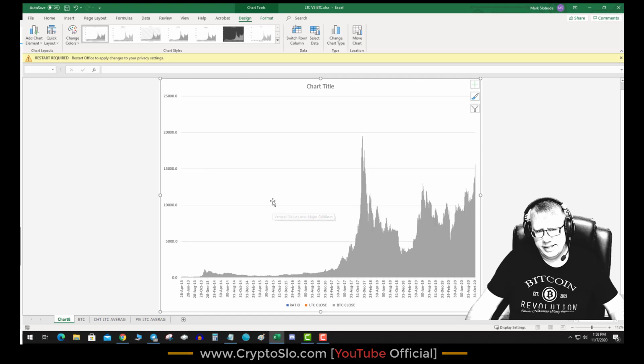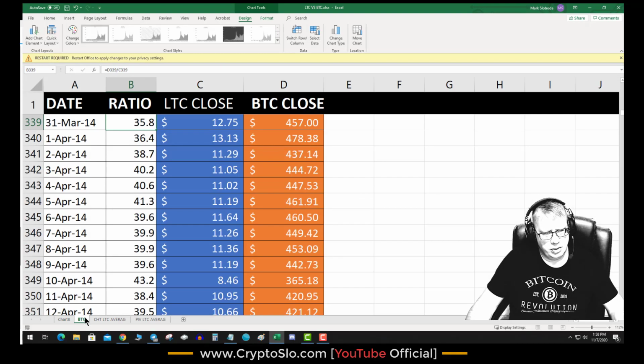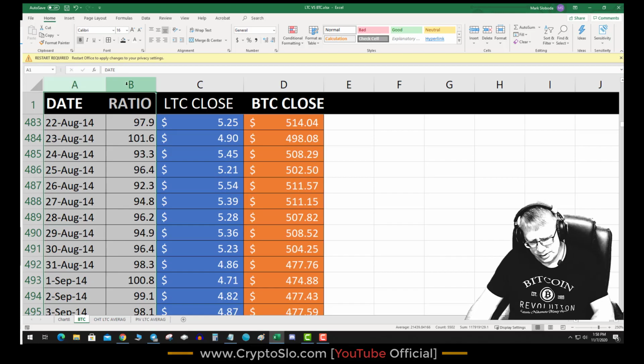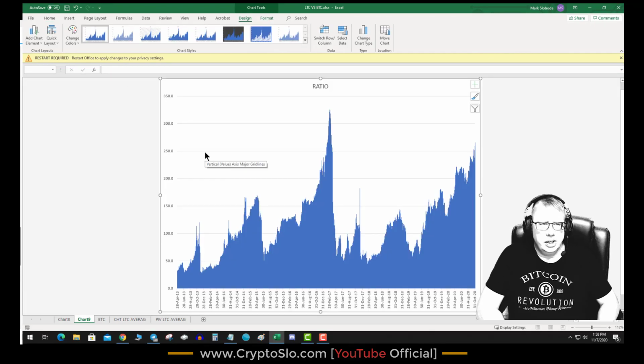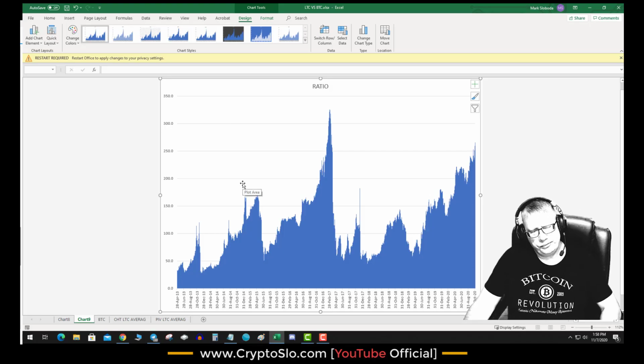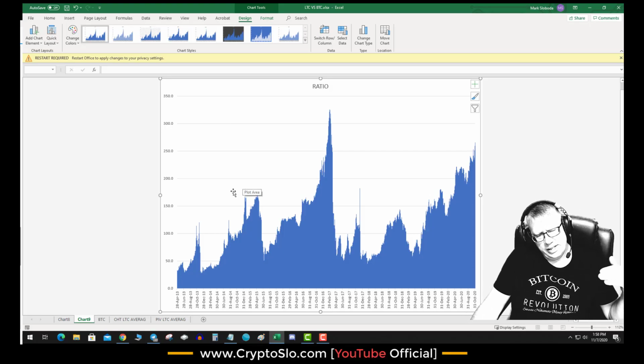So you can see Bitcoin, Litecoin close, the ratio, well, this is a price graph actually. Let me rewind that a little bit. Let's just do this, the ratio. So here is the Bitcoin to Litecoin ratio. So you can see based on price, this is based on price, that the ratio slips, which is